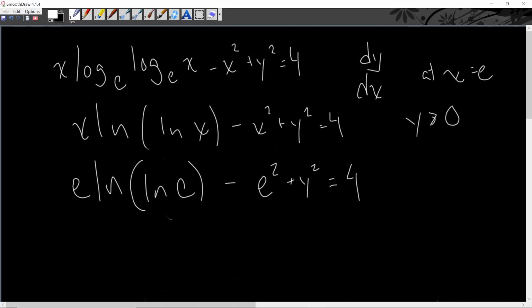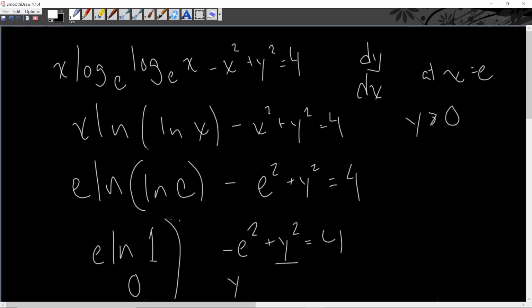Okay. e ln of ln e, so ln e is 1, because e to the power of 1 is e. So we have ln e, which is 1, and then ln of 1 is going to be 0. So we just kind of sectioned it off. We have minus e squared plus y squared equals 4. We are trying to solve for y, so we bring that e squared to the other side. We have y squared equals 4 plus e squared. And we said that y is greater than 0, so y is equal to positive square root of 4 plus